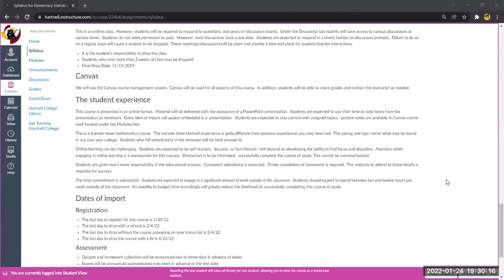The time commitment is substantial. A 4-unit class is really about 4 hours of material presentation, if you will, with about 2 to 3 hours of homework time required for each hour of presentation. So 4 hours a week of class time generates about 12 hours of homework. 4 and 12, 16 hours.